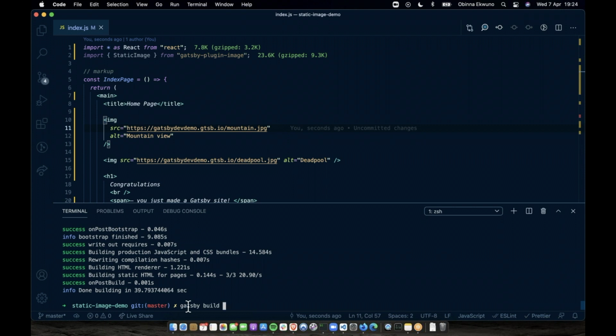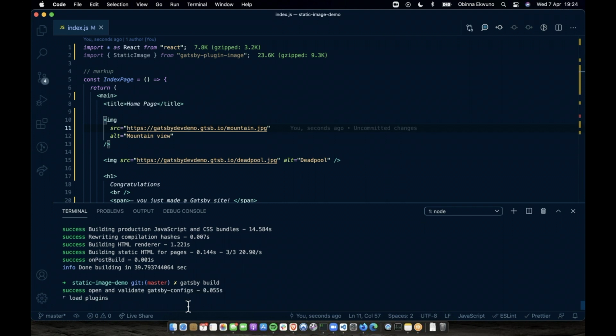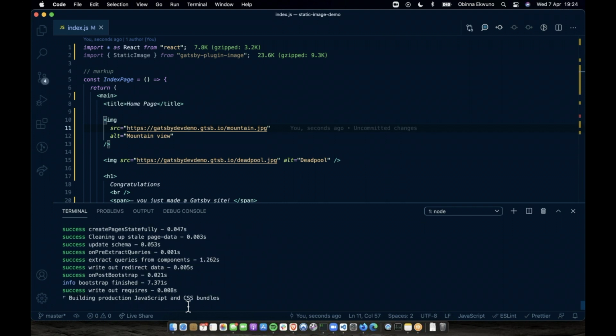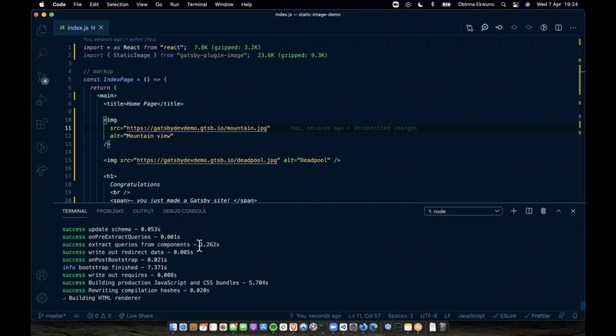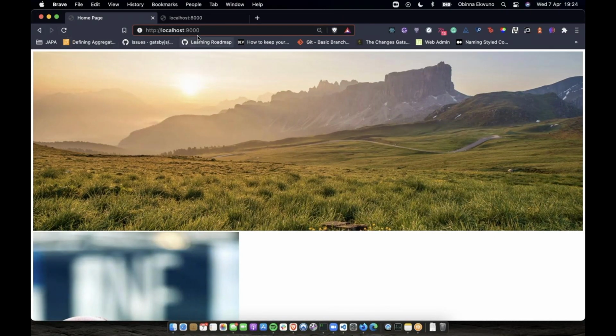So if I run a Gatsby build, so usually when you run a Gatsby build, you would have to run a Gatsby serve, but I'm already running the Gatsby serve in a terminal. So all I need to do is just build and go to the browser and show you how that works. So while this is building, we can go back to the browser now. You can see this at localhost 9000. The reason it's at localhost 9000 is because it's serving. So we're trying to build the site so that we can run performance tests on it in mobile view.